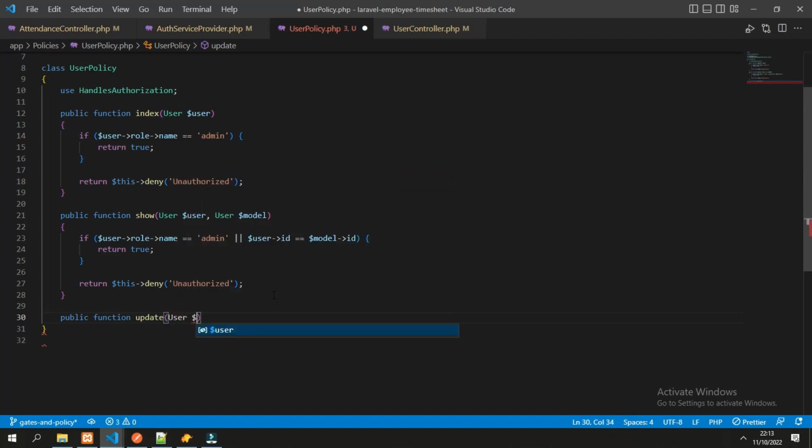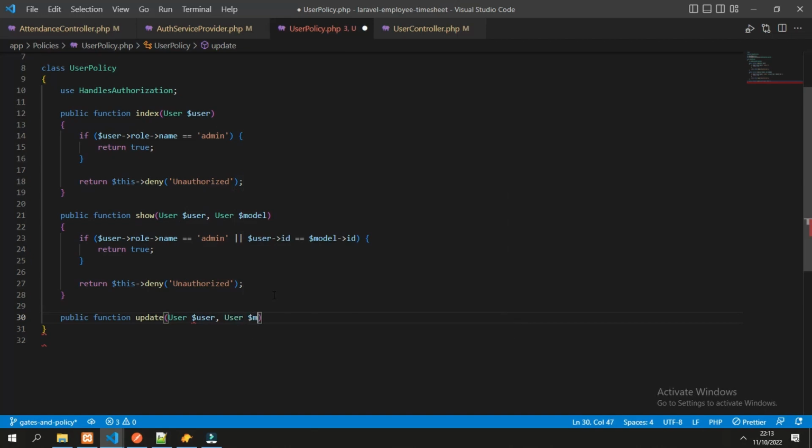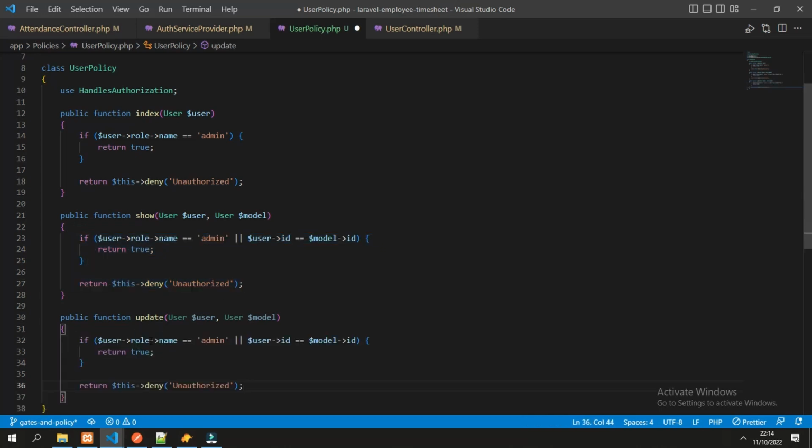So it's user and user model. For the authorization, it's also the same. The user can update himself, but admin can update everyone. So we can directly copy this function into the update function.